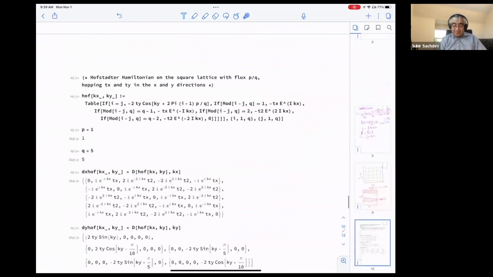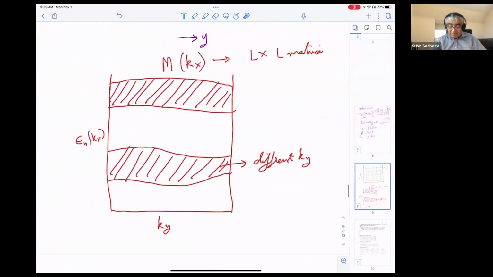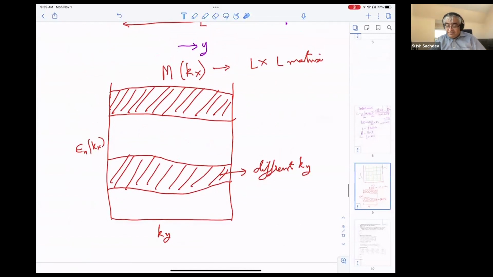Well, I have actually a Mathematica program here, which diagonalized a related Hamiltonian. This is the Hofstadter Hamiltonian. I'll put this on the website, of course. So I urge you to write your own program. This is a really fun exercise. All I did was I took L equals, I don't know, 20 and diagonalized a 20 by 20 matrix and